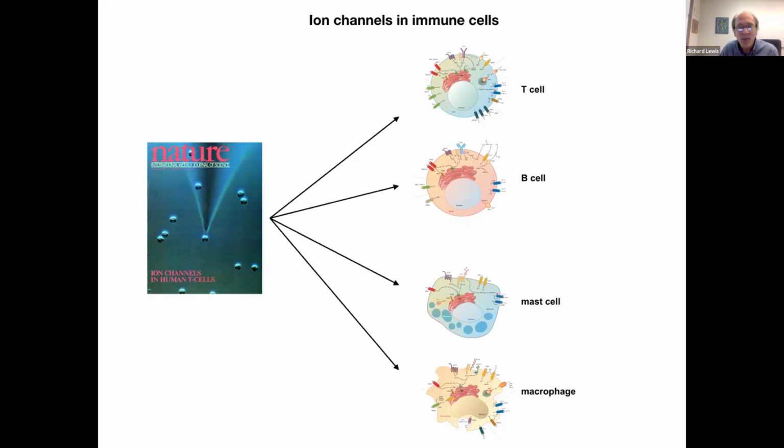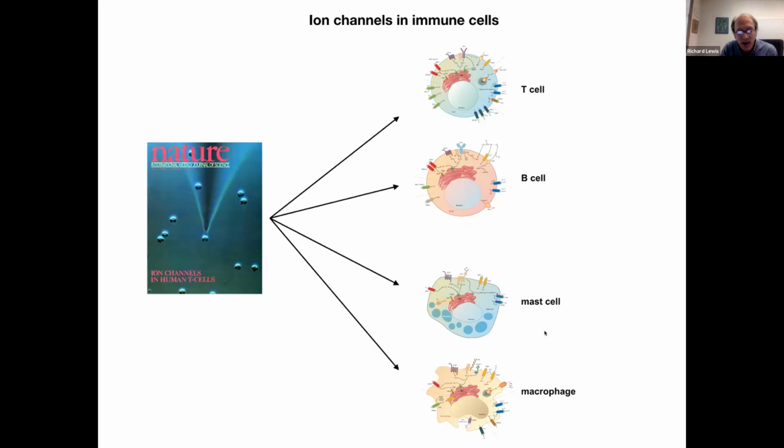Since that time, we've become aware that in all innate and adaptive immune cells, many types of ion channels are expressed. And this diagram on the right just scratches the surface. I think there's surely more yet to be discovered. The ion channel universe is a complex one, and all types of ion selectivities, potassium, chloride, sodium, calcium, non-selective channels, many types of activation mechanisms and locations in the cell are all at work.